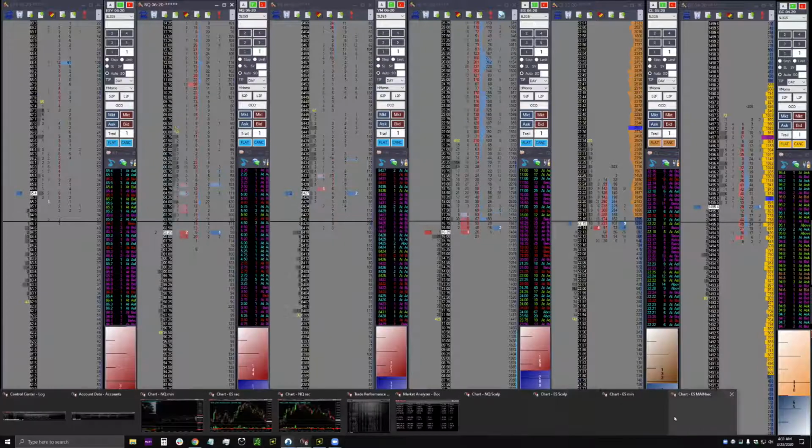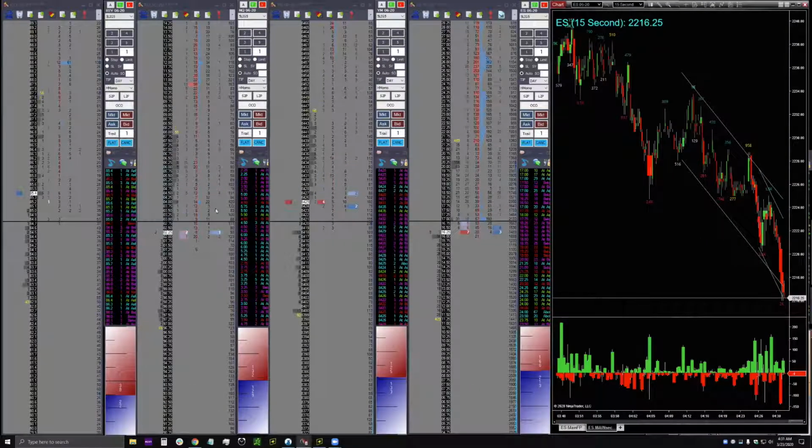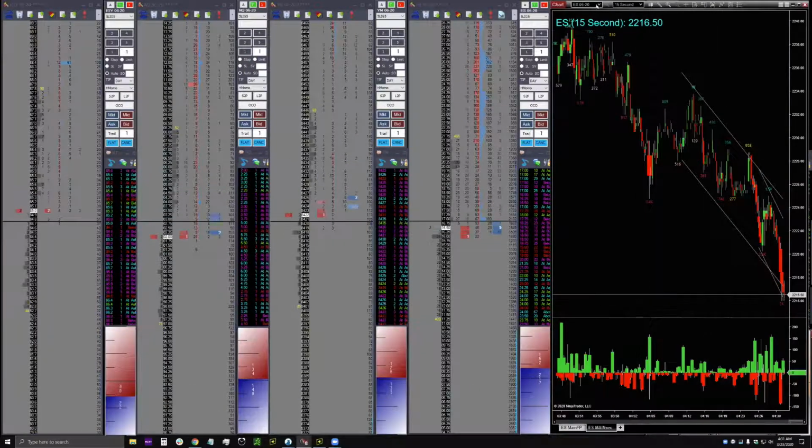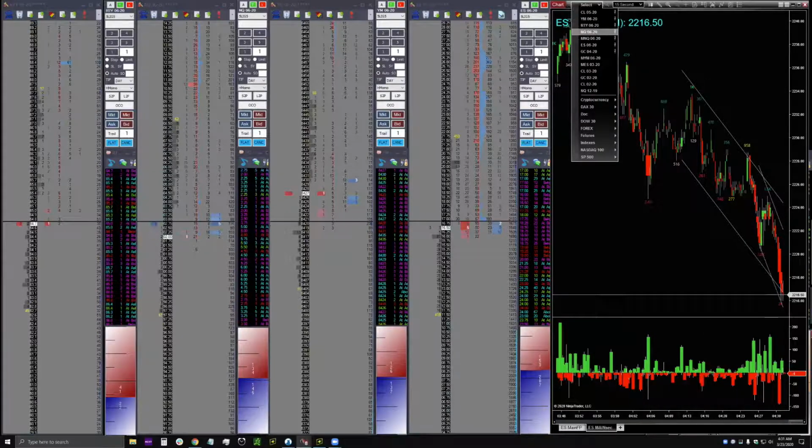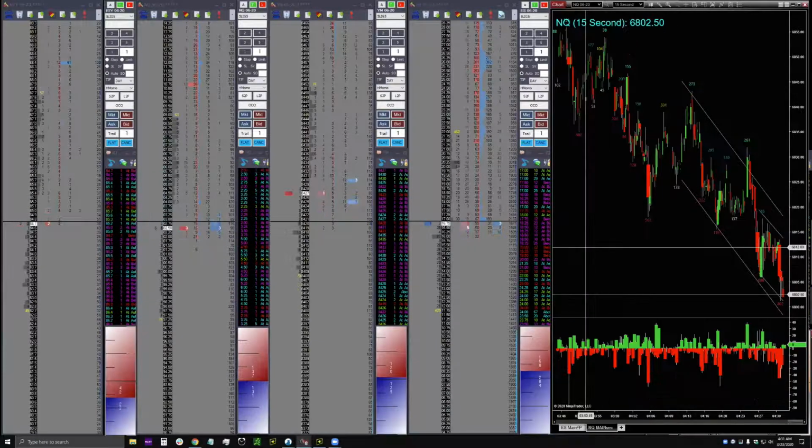Also known as not tradable to a lot of people, but again, if you kind of put that into context, like we've been talking about, you will find it's not quite as crazy as it looks. This is ES, but let's switch to NQ real quick for a couple of these examples. All right, so that's one thing.